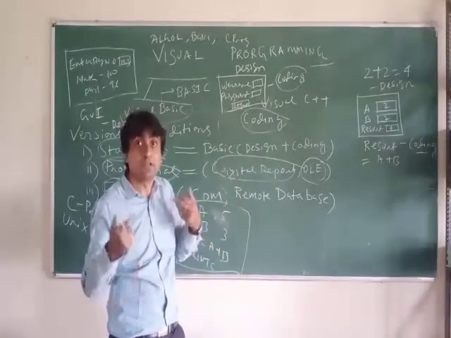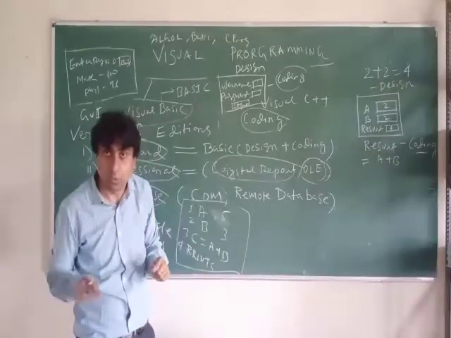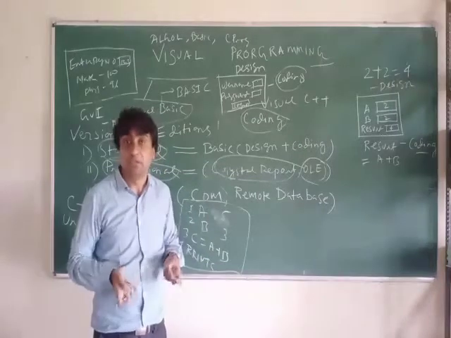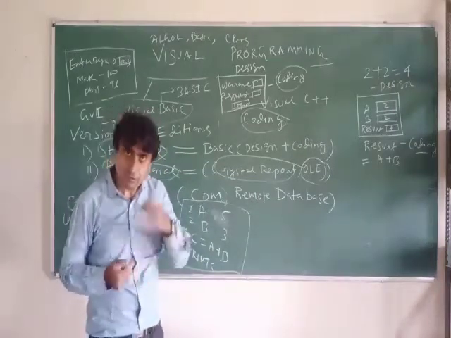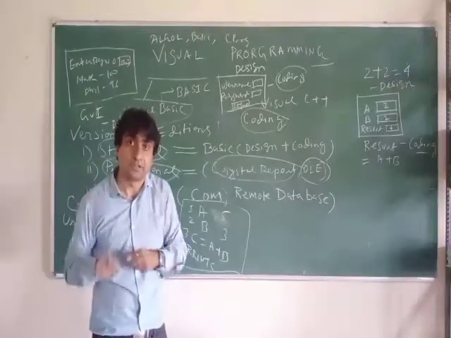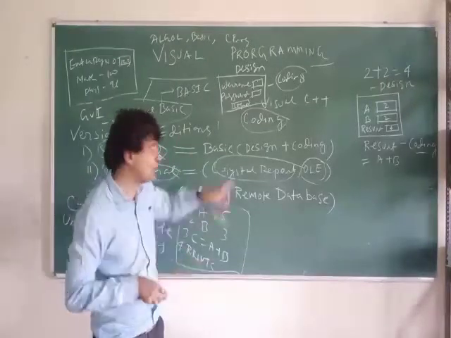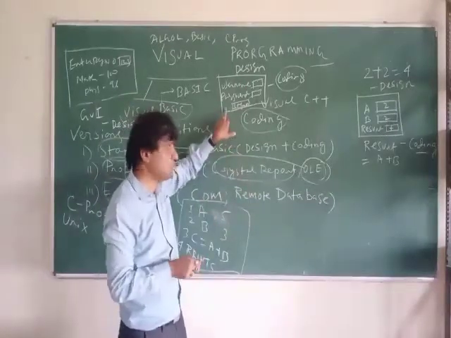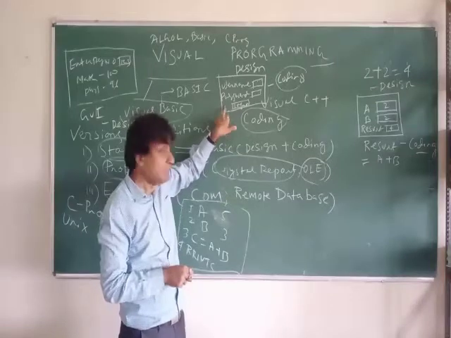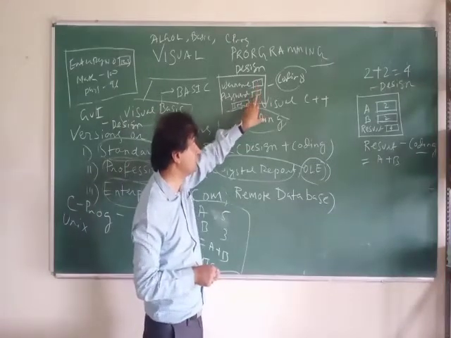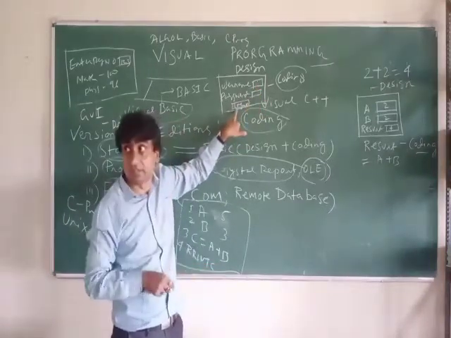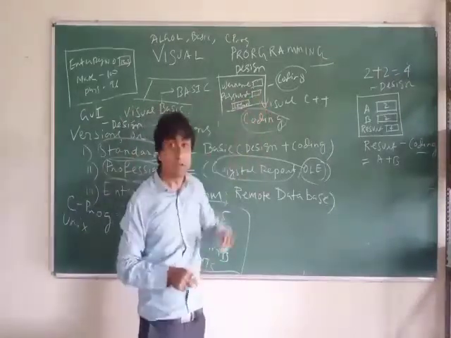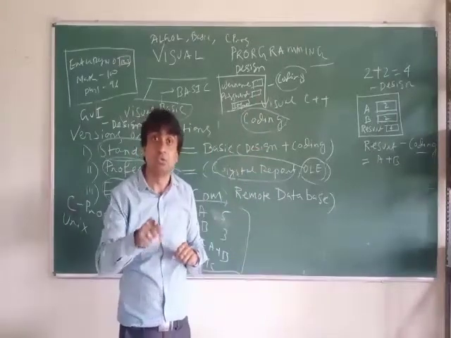What is that text box? The text box is a rectangular window present in Visual Basic design, which is used for input and output. That is one object that comes in the main window. What is your main window? This rectangular window, which is called the form. Inside that, like this, you can see some three rectangular boxes. These two are text boxes, used for input and output.